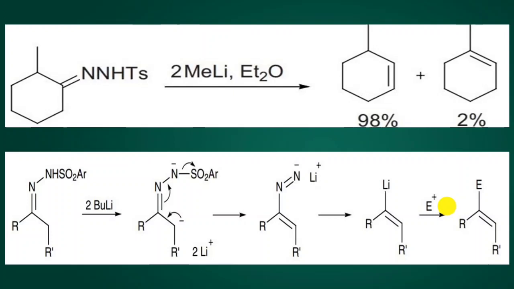Now this is the regioselective reaction. Now consider this example in which the proton abstraction does not take place from this carbon, because this carbon is heavily sterically crowded as compared to this carbon. This carbon is less crowded, so proton abstraction takes place from this carbon. That's why we got this olefin at this position, the double bond formation takes place at this position, not at this position. So this is the major product. So this reaction is a regioselective reaction.